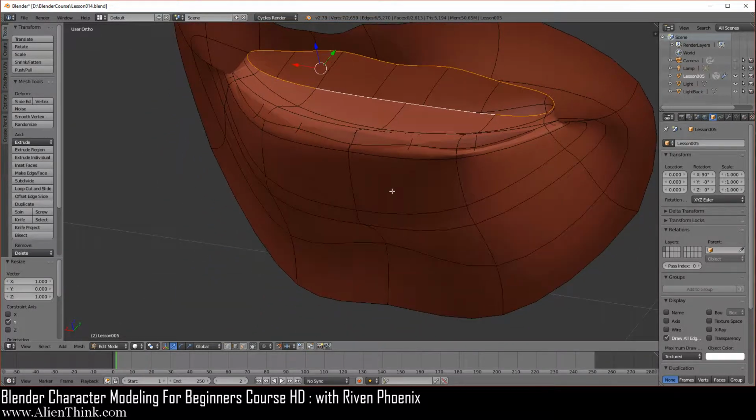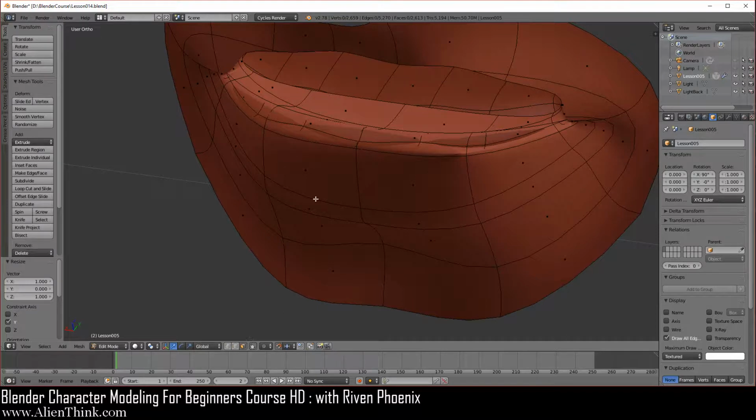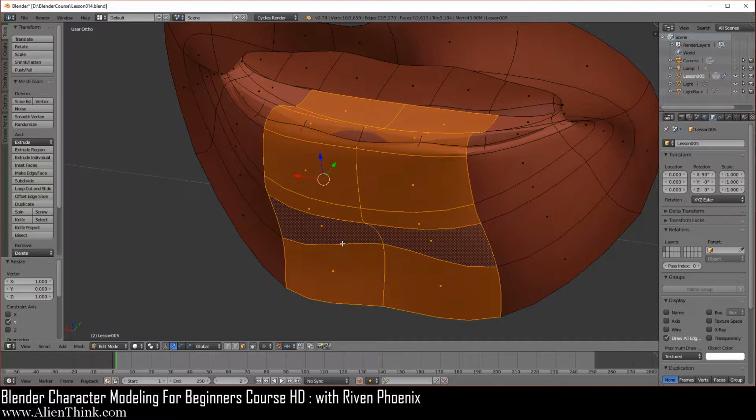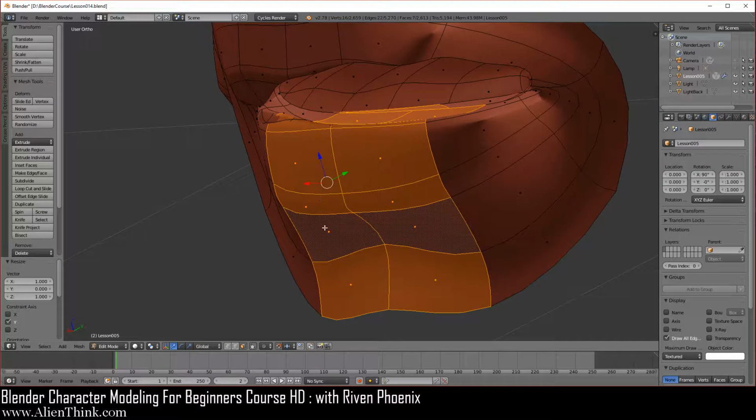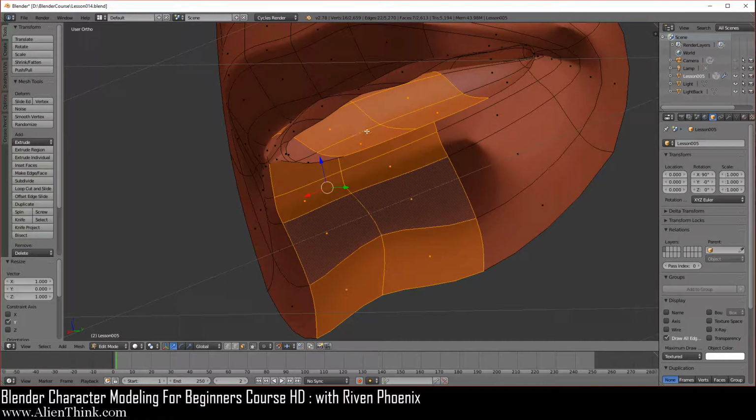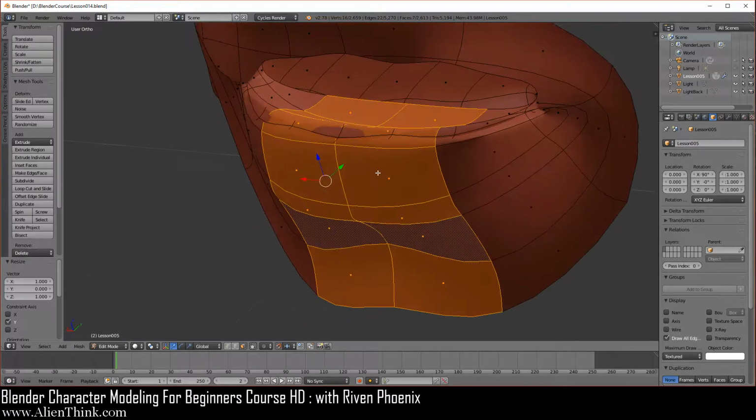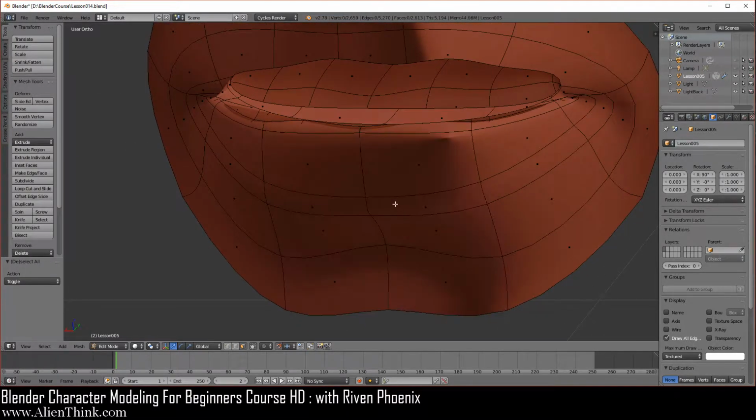And just to confirm that you've done this right, you can click over here and just select a face, Alt key down and click on an edge like this, so you'll see that the bottom area should match this area over here. This is how you confirm. If it's going on top, that means you haven't done it right. Okay. Anyways, it'll deselect everything.